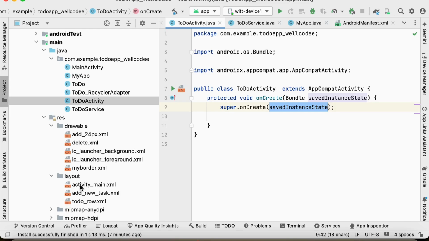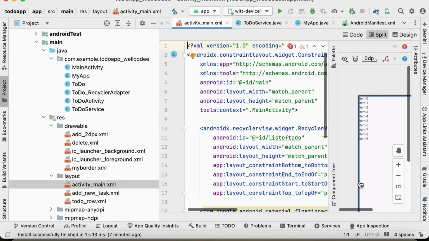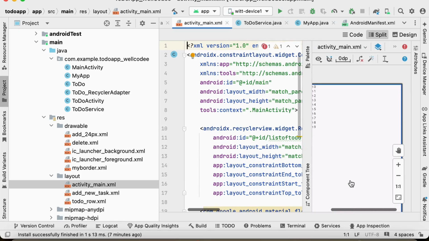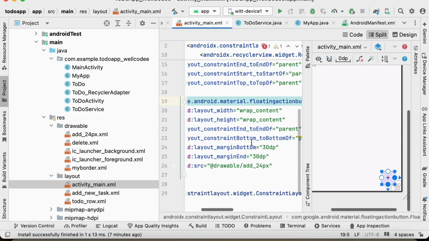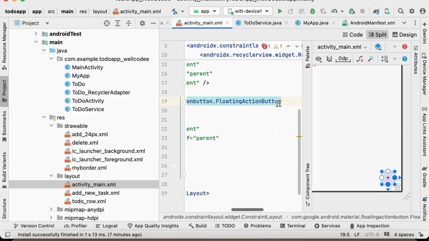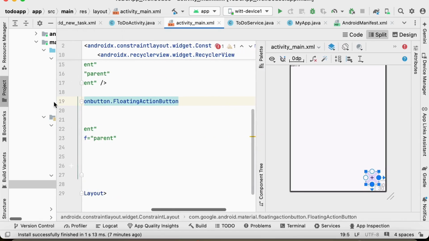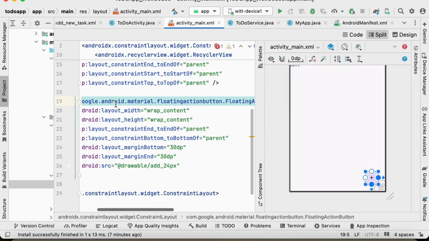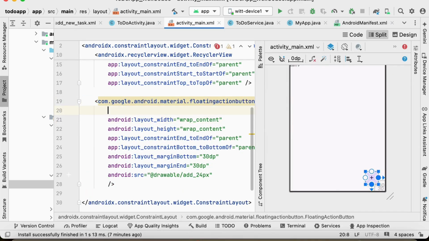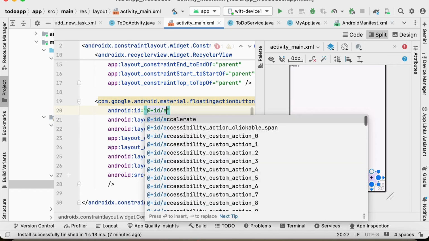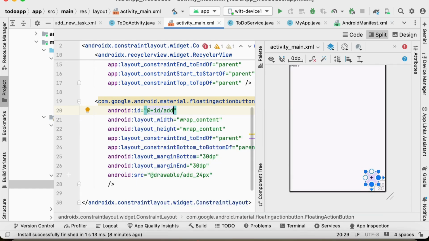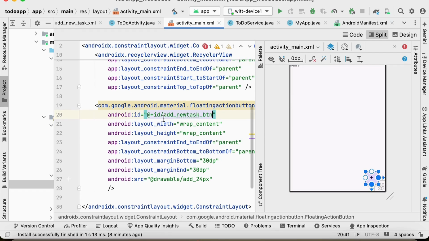So the plus button, which is in main activity, I have here this floating action button. This floating action button I don't have an ID yet for it, so let me give it here an ID, and this ID will be in here, ID add new task button. Okay, so this add new task button, I will give it a click listener event in my main activity,